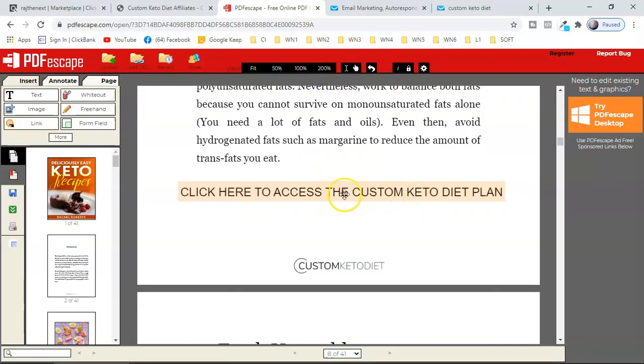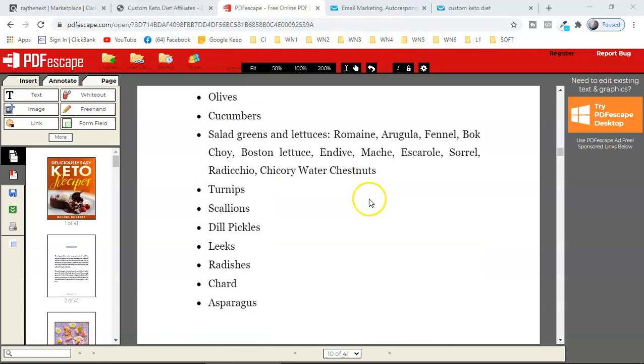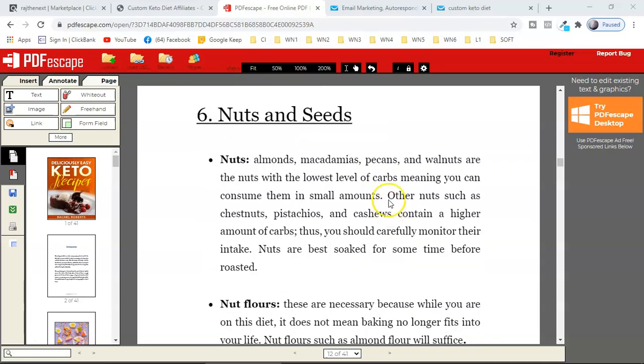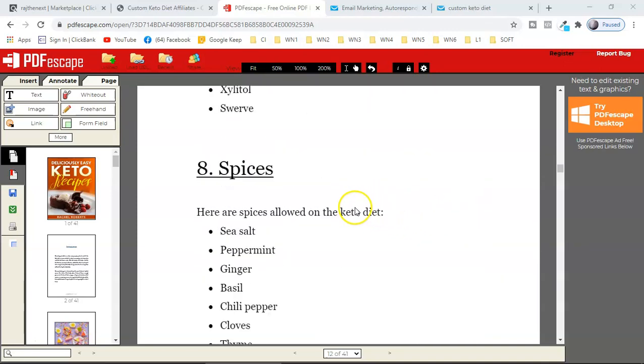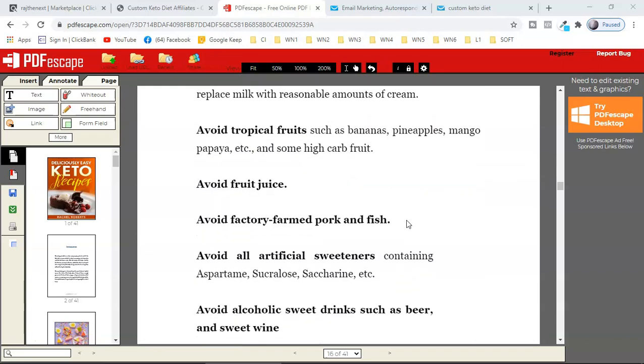And then, guys, here you can see your affiliate links, and you can give this kind of promotion in different pages. There are almost 41 pages here, guys. Do not try to give in every page. That's not the right way, right? You can give in selective pages, wherever you feel. Whenever they read this ebook, they will go through your links, okay?